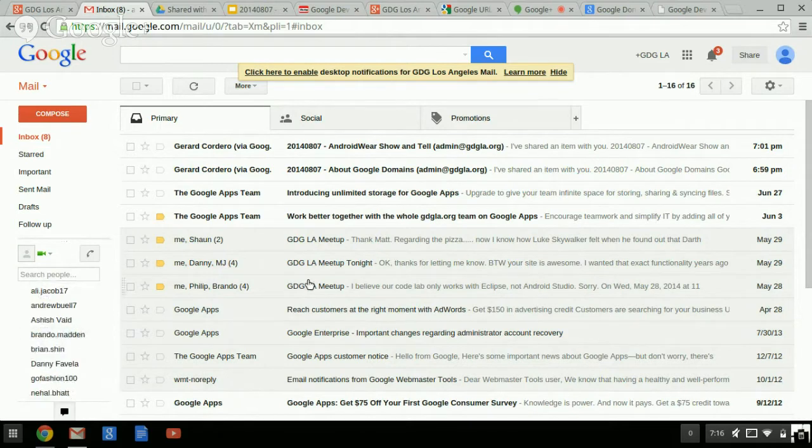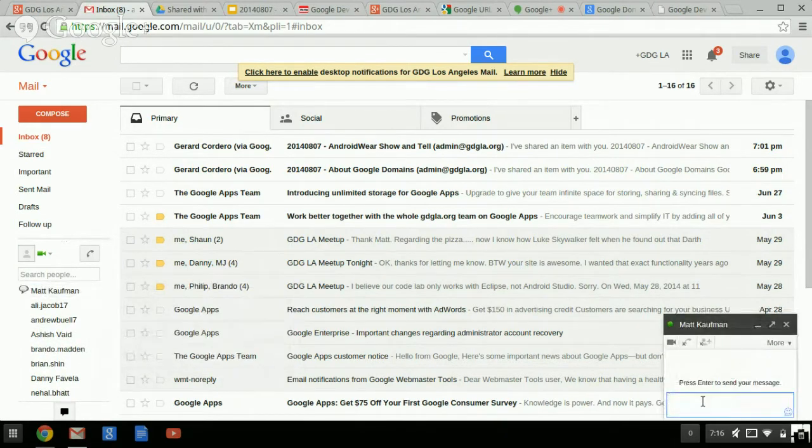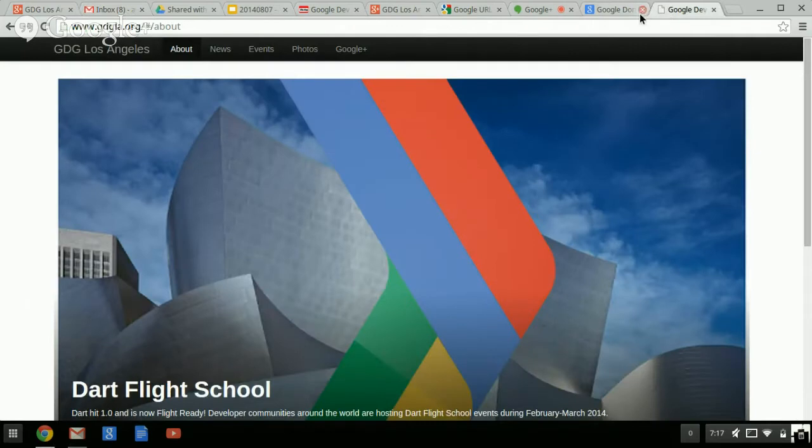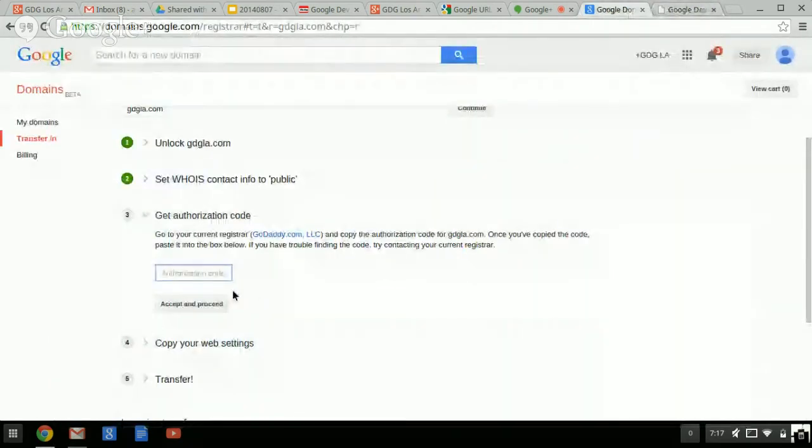So this is the gobbledygook little message here. Did it not go through? Weird. There we go. Okay. So this is a unique key that was sent to me by GoDaddy. Again, please don't copy it. I'm just going to put it in here. Oh, it helps if I hit Control instead of Alt.